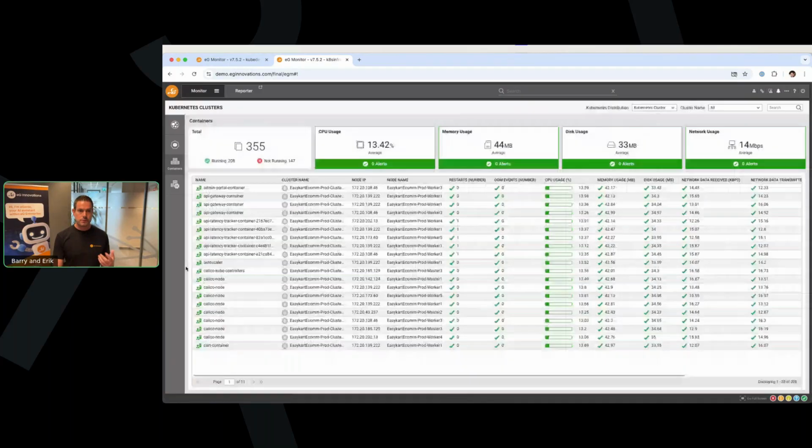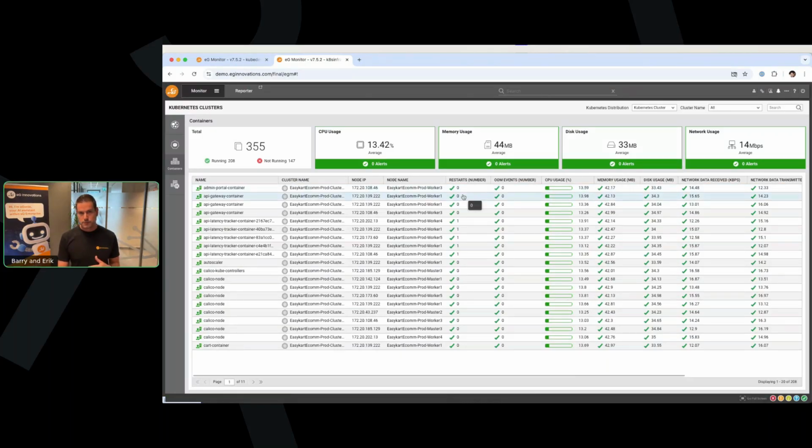Now, if I go back, then we also, of course, monitor all the containers that are active in the environment. If there would be issues with one of the containers, then they would not have a green color, but one of the other colors with a threshold on it. And what we also automatically do in the console, that's for the clusters and for the nodes and for the containers and for other things, is that we basically sort based on ratings. So if there would be a container with an issue, it will be on top